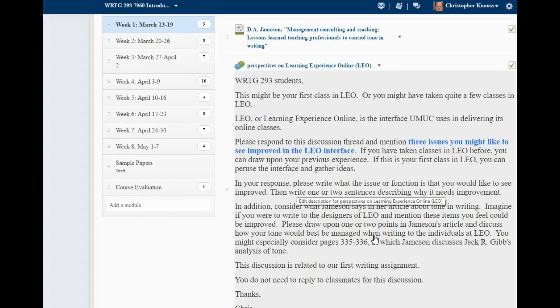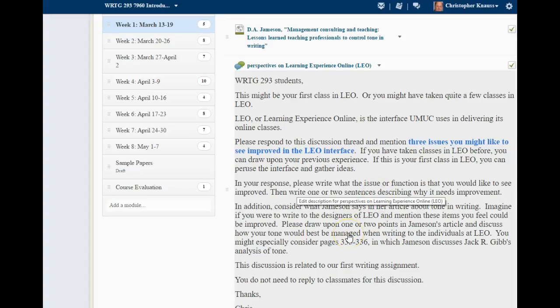This discussion is asking you to come up with 3 things in our learning environment software, our Leo software, that could be improved to improve the online learning experience. Think of things that you would like to see fixed, and offer improvements on why it should be improved.